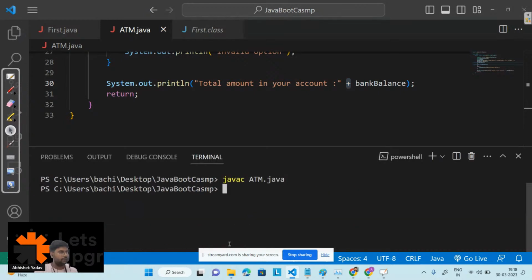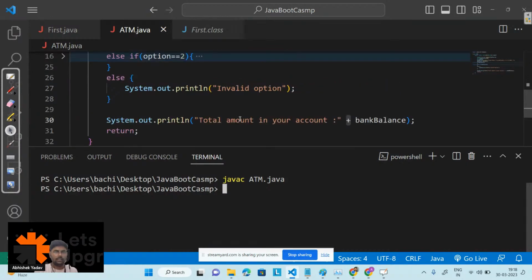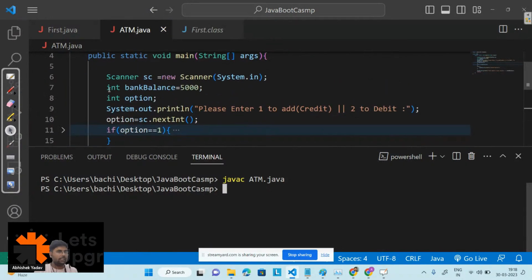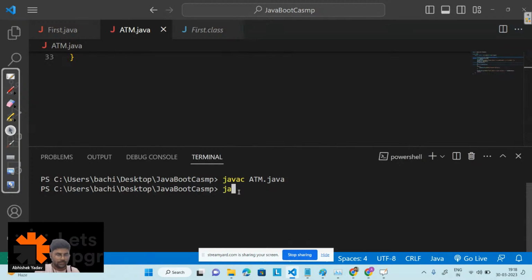Yeah, this one. Declare the bank balance variable. I have already declared the bank balance variable at line number 7 here. Yeah, correct. So let's see,